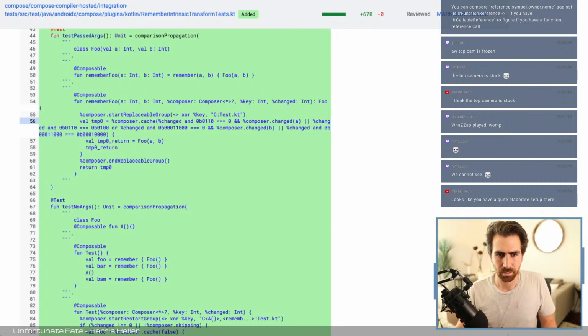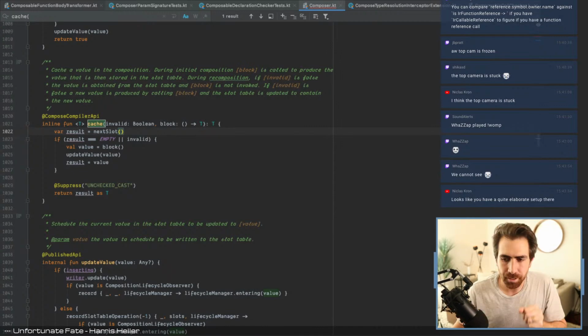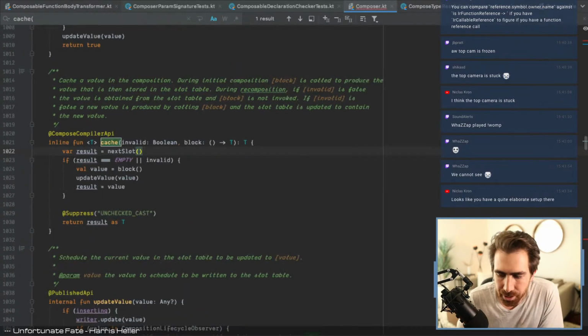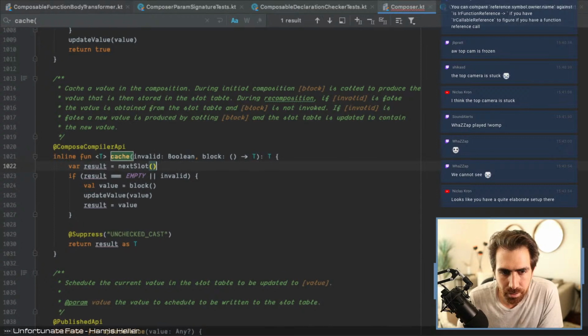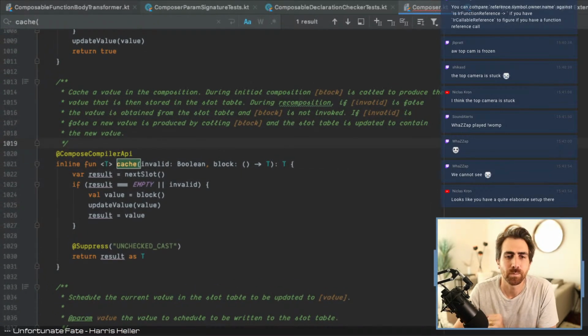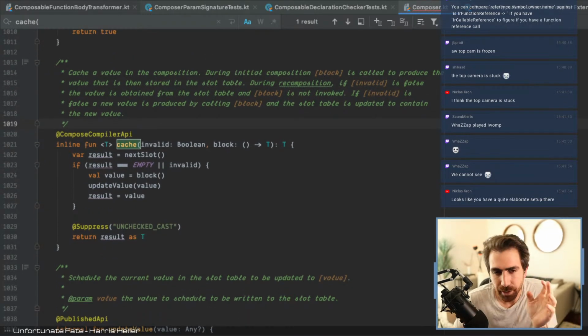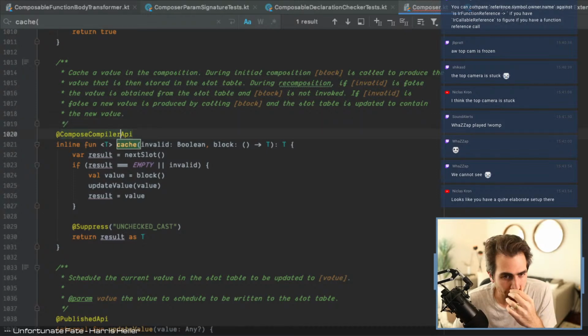Okay. So this is the cache API for the composer. Make it a little bit bigger. And so this is a pretty fun, like cache is very closely related to what remember is, but what cache does is